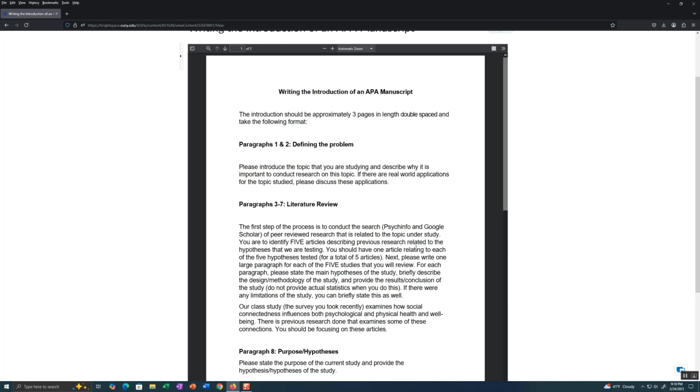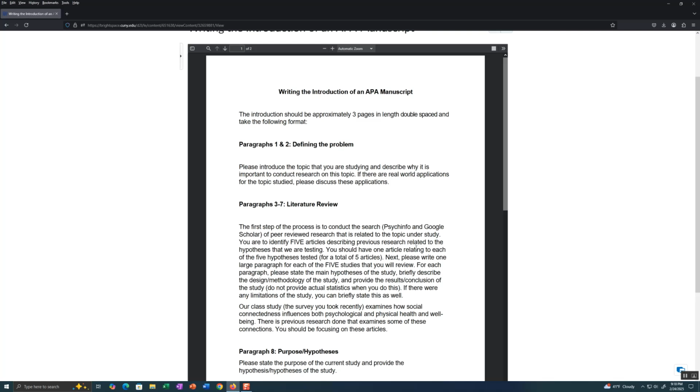But these are all important questions to research. And that's what we're doing. So those first two paragraphs, what the problem is and why it's important, give me 2 solid paragraphs about that. You do not need to cite in those first 2 paragraphs.